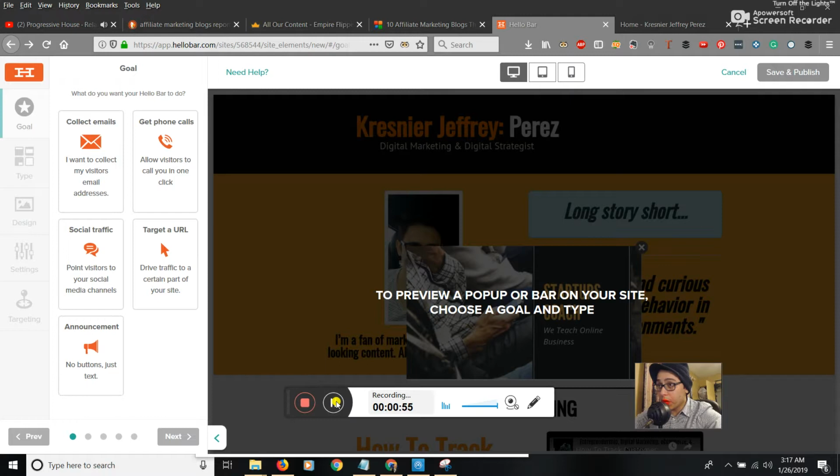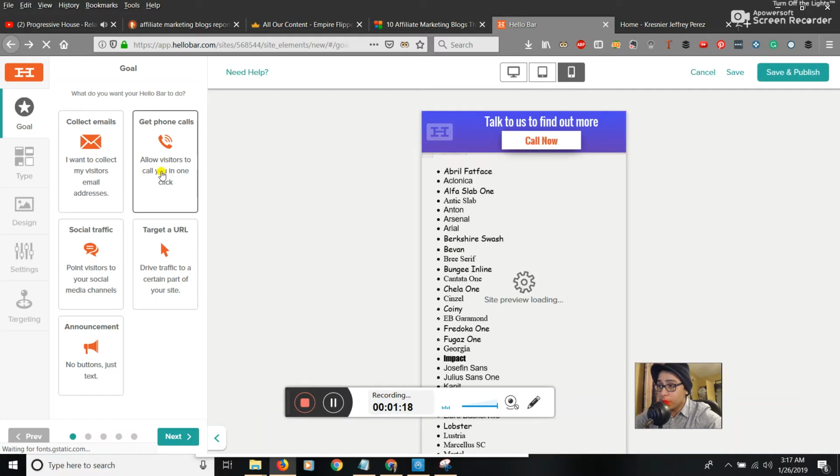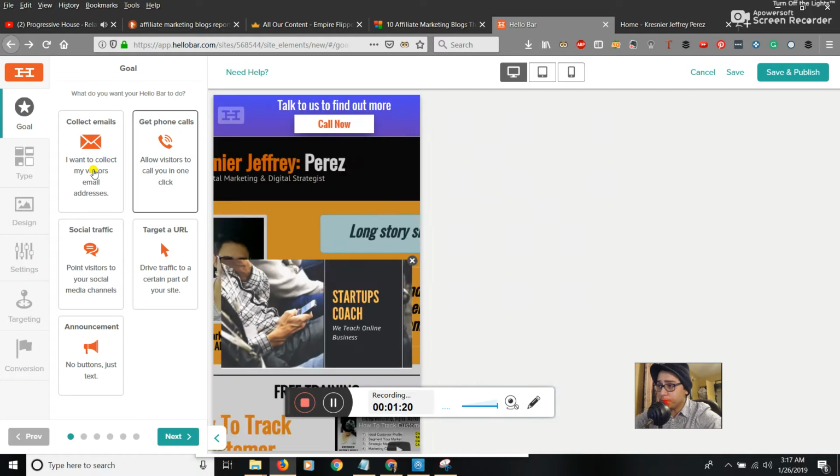Okay, so here we are. This is what the inside looks like whenever you log in. You'll see that it has 5 tabs in total. What I want you to focus on is the goals. You'll see first of all how you have 5 different selections. As an example, I'll go through each one to show you some examples of what they look like